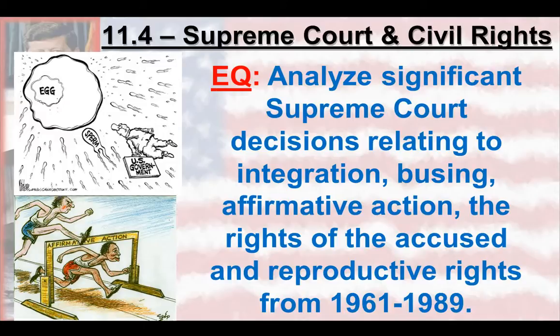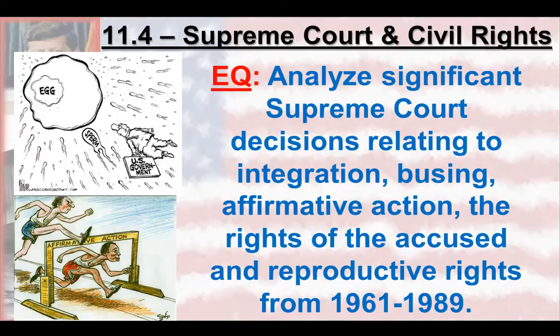All right, here's lesson 11-4, the Supreme Court and civil rights, judicial action in the 60s, 70s, and into the 80s. The Warren Court especially being the most important here. Of course, the Warren Court and its major ruling in Brown versus the Board of Education of Topeka in 1954 is where it really begins, but there are significant others that expand civil rights and civil liberties